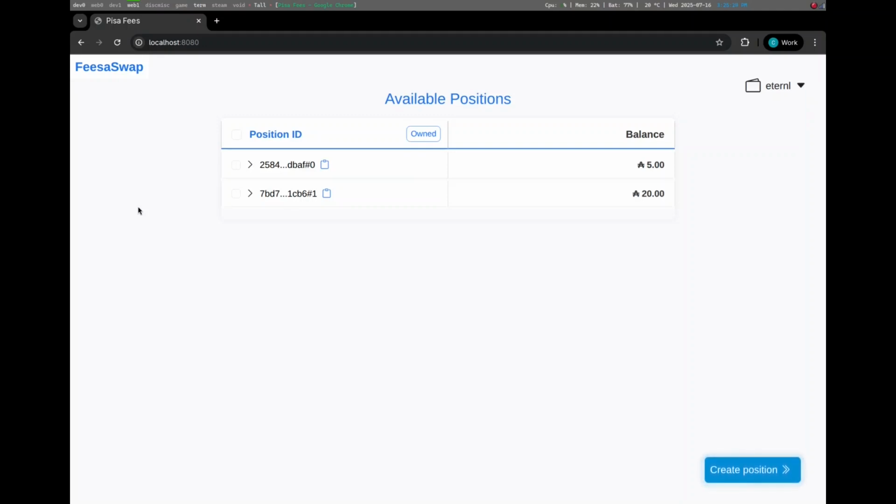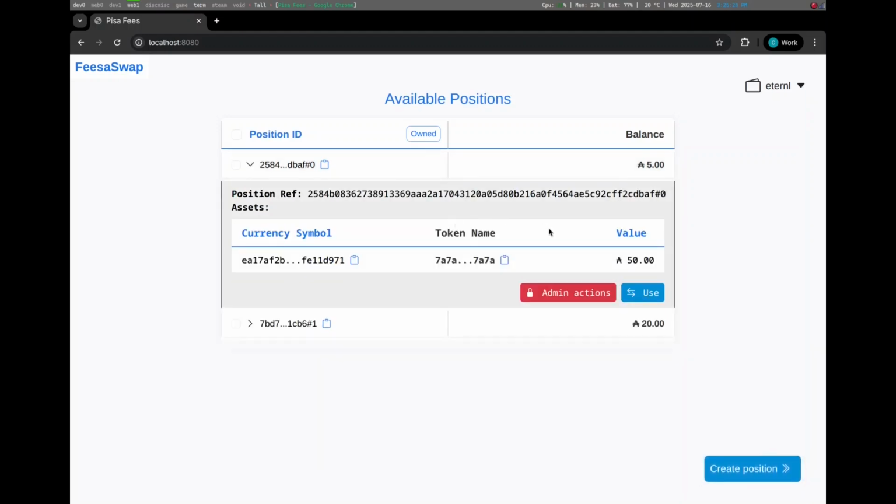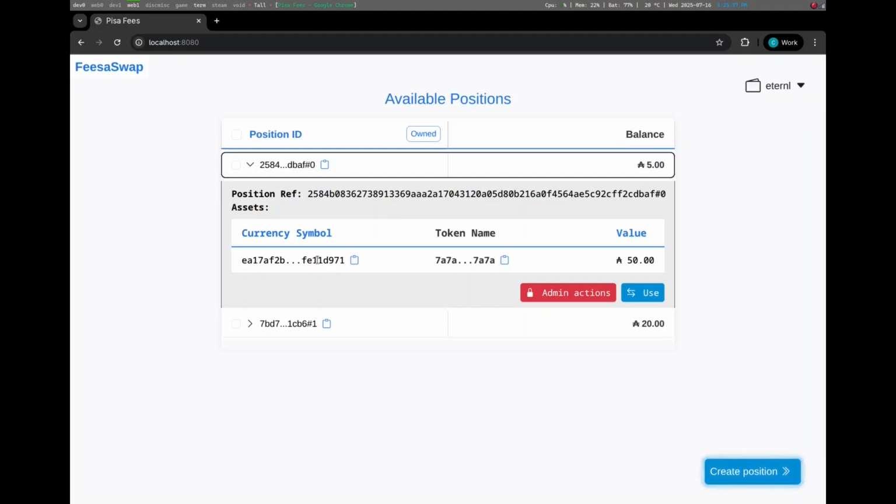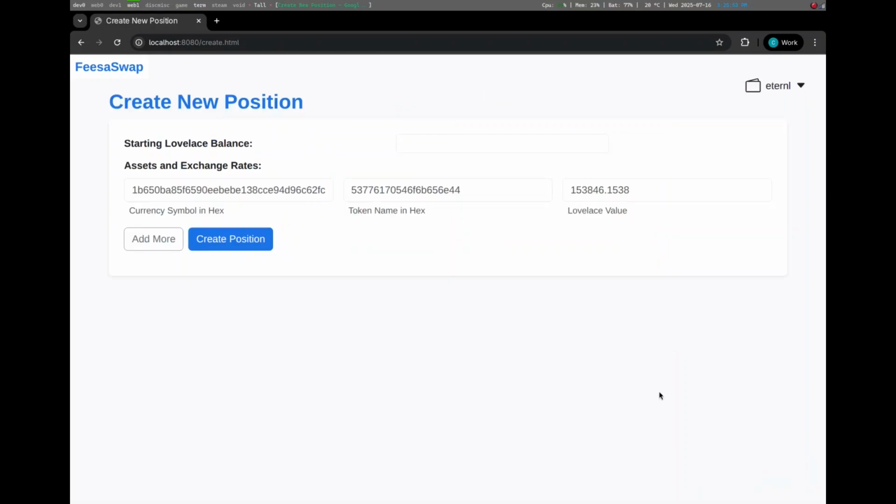On the front page of this website, we have a list of available positions that we created earlier. Clicking on one of these will query its details, as you can see here. We can also create our own position by clicking on this button, which will take us to the Create Position